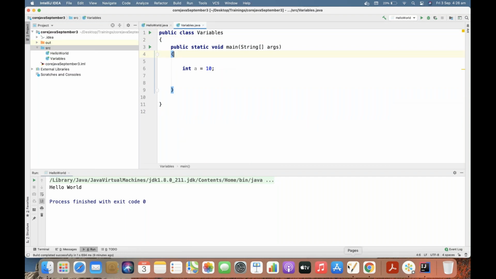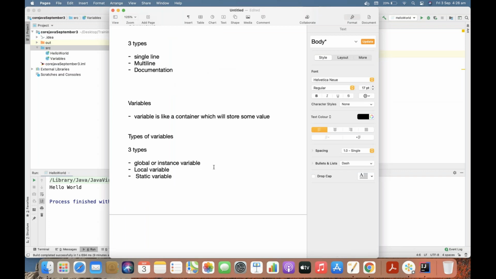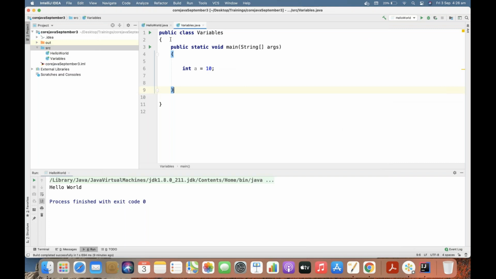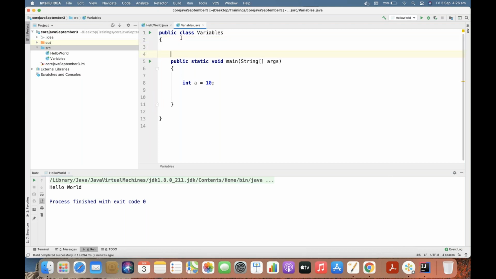So what exactly is a global variable? Any variable which is declared inside the scope of the class and outside the scope of the method is your global variable. Like here, what is the scope of the class? From this line to this line, 2 to 11. So if I declare this here, this is my global or instance variable.